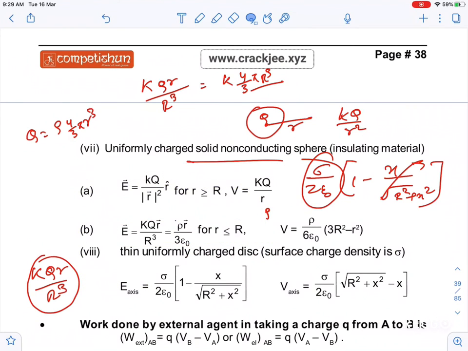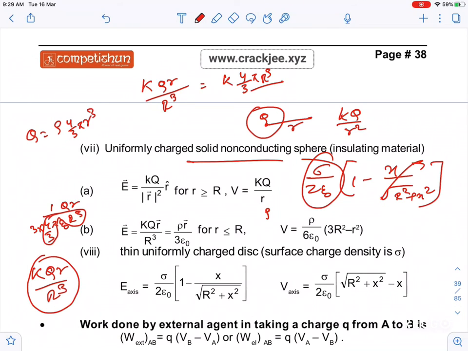So you will analyze a little bit and you will come to know what I want to say, that this can be written as charge per unit volume upon epsilon naught. Because charge per unit volume, k is 1 by 4 pi epsilon naught. See guys, k is nothing but 1 by 4 pi epsilon naught, q r by r cube I have written, no? But I have to write in terms of volume. So what I will do, guys, I just multiply by 3 and divide by 3.